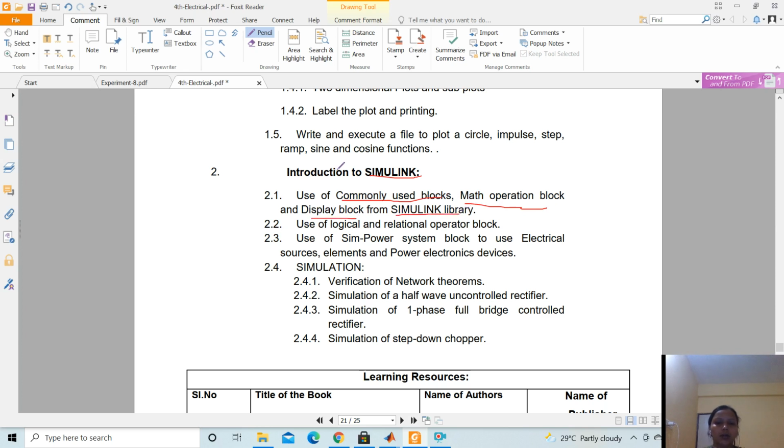First of all we will learn what simulation in MATLAB is, what the Simulink library is, and what the different parameters in this library section are. From this Simulink library, we will discuss the commonly used blocks, the math operation blocks, and the display blocks, and by using all these blocks we will do experiments and simulation.